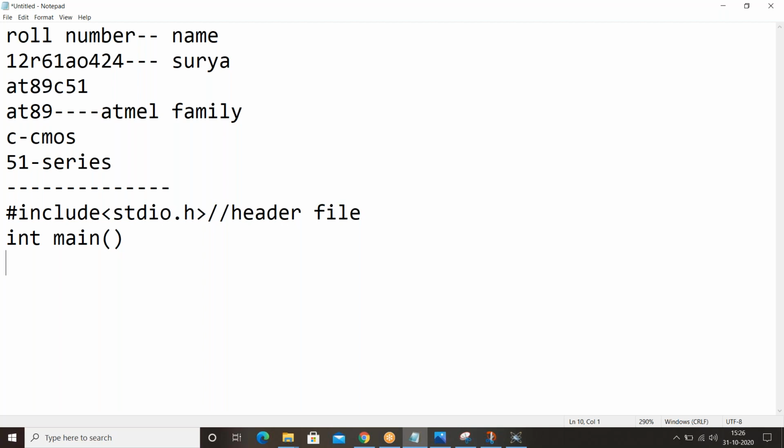This is the simplest way to write a program in normal C language, right? Okay, these are the steps: header file, main function.